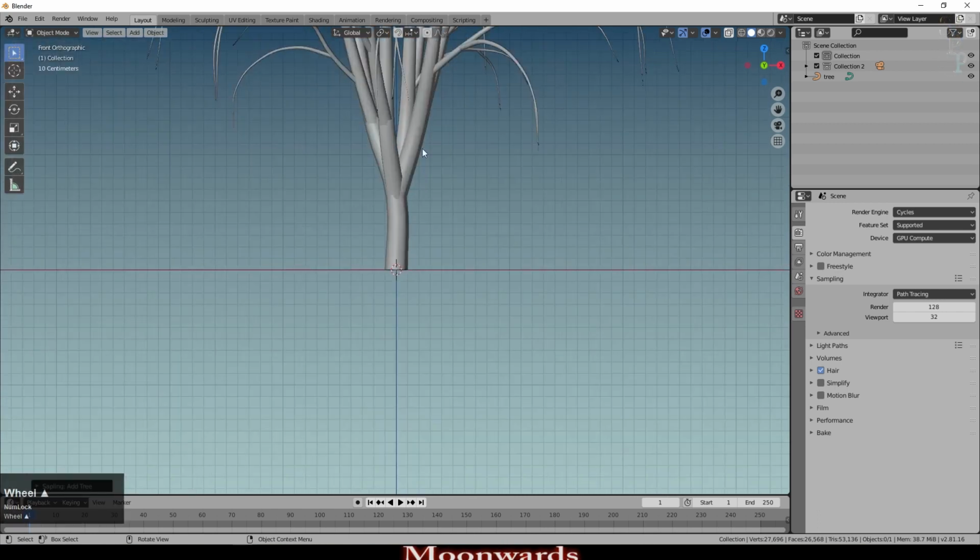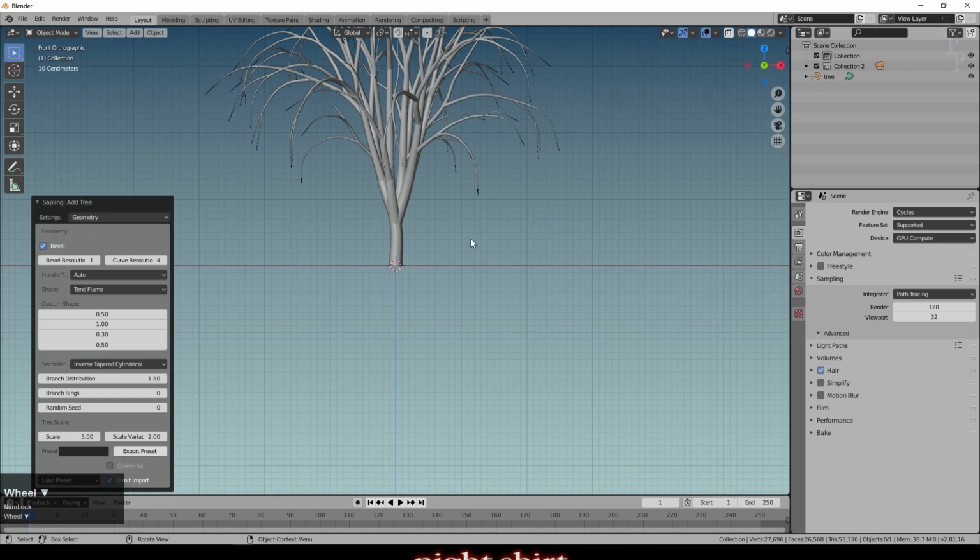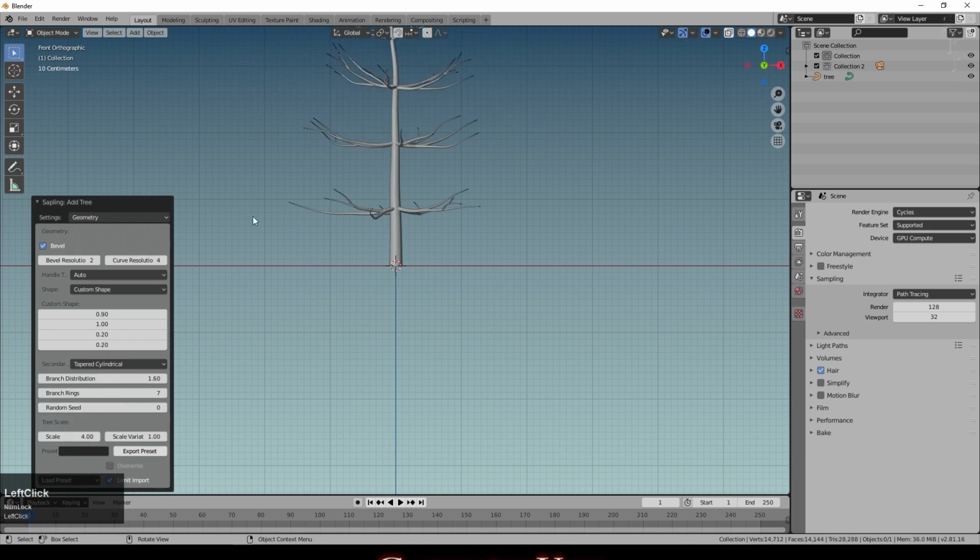And you can see I've got a default tree come up, and we can open these options down here and choose different things. It doesn't matter too much. You're probably not going to cover the entire tree in Ivy, but you can choose from some of the presets down here or make some changes yourself. But really you don't need an awful lot of tree to do this, but having some is helpful. So I'm going to go with this interesting sort of tree here.